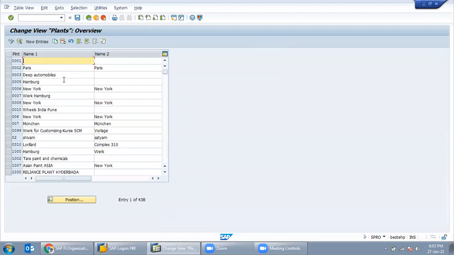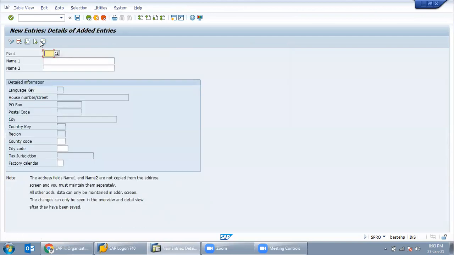See, here there are n number of plants, but we need to create a new one. Click on new entries, give the plant name. Suppose the plant name is AB00. For plant and company code, we need only 4 digits. You cannot take more than 4 digits.